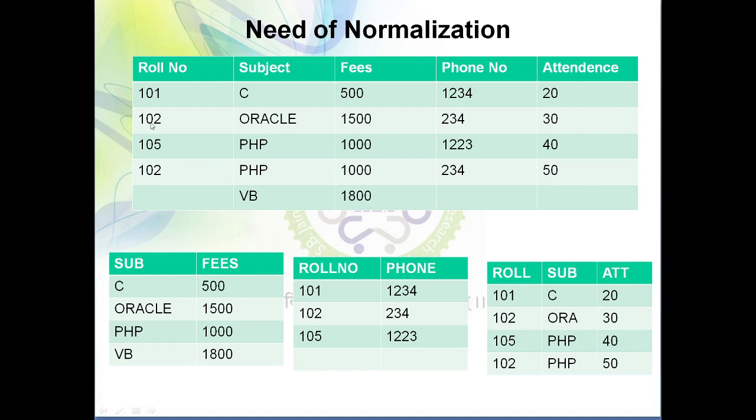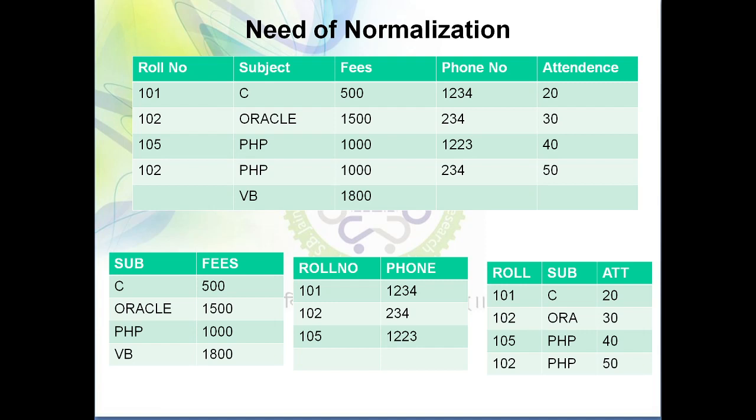Now the second problem that you face, the deletion problem. I need to delete the information of the student only. I need to delete the information of the student, but I don't want to delete the information of the course. So from this table I can delete the information of the student. In this case I am just going to delete the information of the student having roll number 102. From here I will delete this, and from here also delete this, but the course Oracle remains as it is. Earlier, if I deleted row number 2, then Oracle information was lost. But in this case Oracle and its fees remain as they are. So the deletion problem also gets solved.